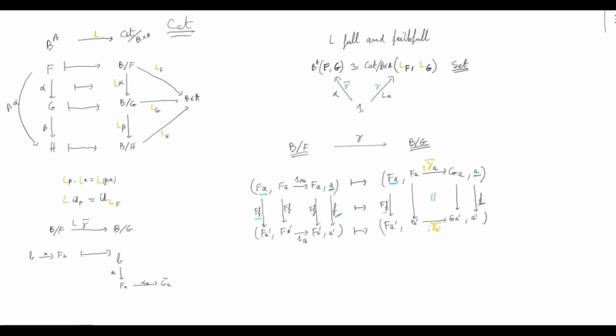So we have to postcompose by not alpha a bar, but gamma bar by gamma a. Sorry. By definition of not alpha a but gamma a,